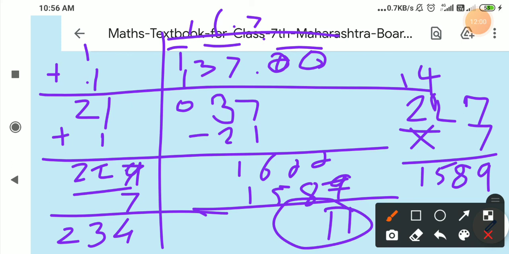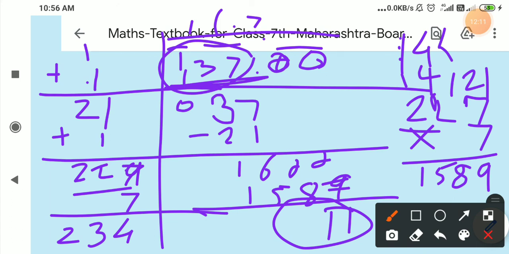At this place you will not get 0, because this is not a perfect square number. Okay, 12 squared is 144, this is a perfect square, and 11 squared is 121, and this number lies in between them, between 11 squared and 12 squared. 137 lies in between, and so it is not a perfect square.